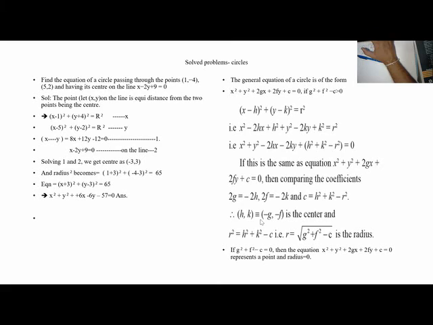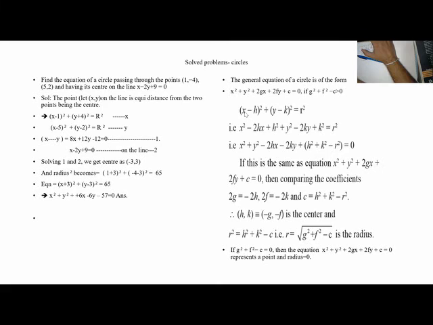So when we say (minus g, minus f) from this equation, this is 2gx. The x coefficient is 2g. So when I take it as minus g, this becomes my center. Minus g, minus f. We are just comparing this equation and the expanded equation. So minus 2h equals 2g. That means h is equal to minus g. k is equal to minus f.